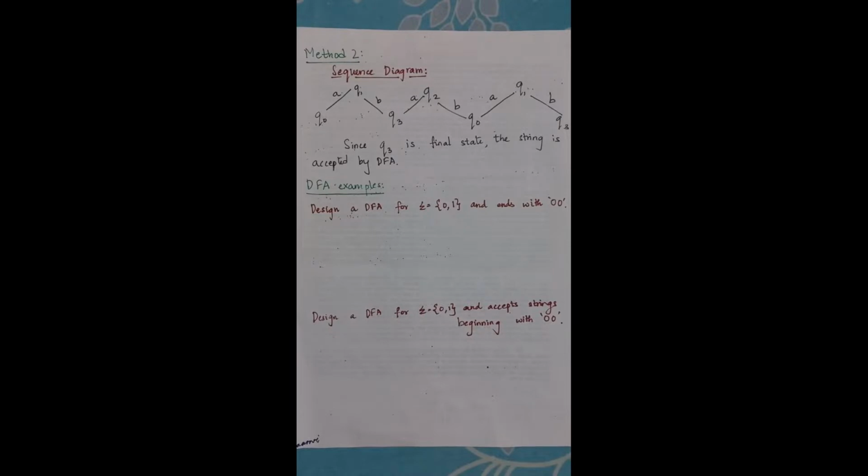Further, about DFA, we are going to learn how to design a particular DFA. What we saw till now is about DFA. Then we saw how to check if a particular string is accepted by a DFA or not. Now, the next kind of question you can expect in DFA is how to design a DFA for any string. So the question here is: design a DFA for input symbols 0, 1 where the string ends